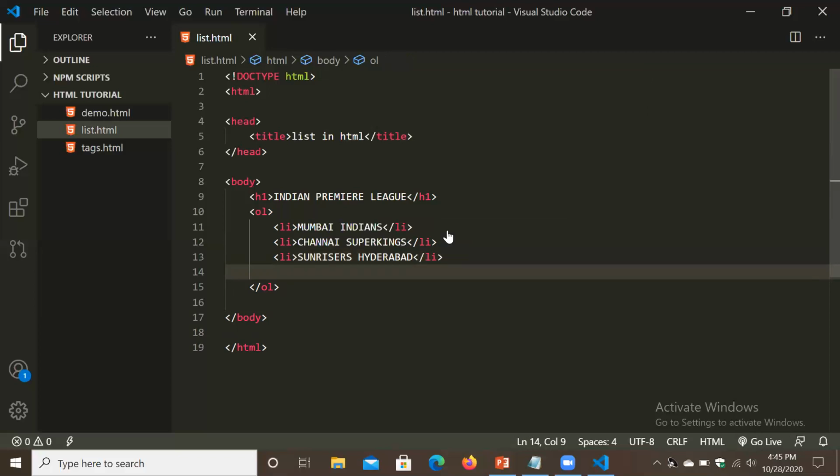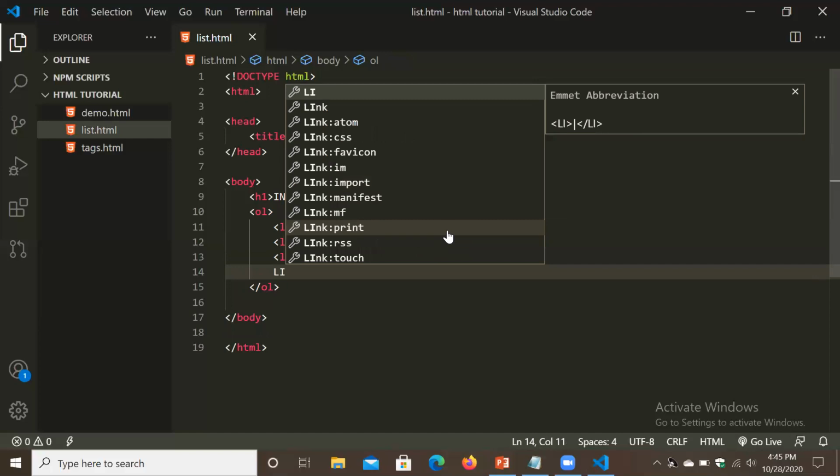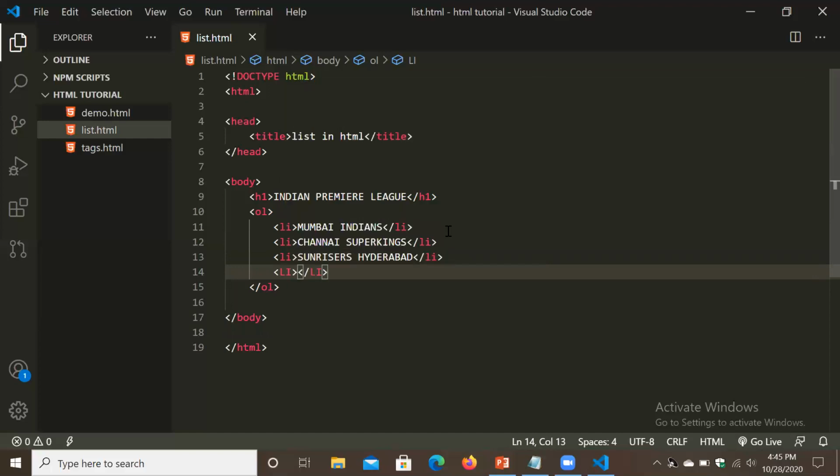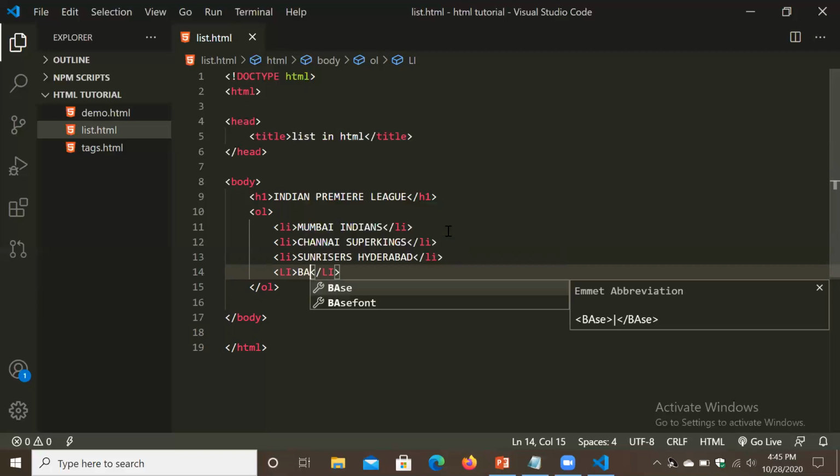Next, what do you have to do? li. Look, here I am taking capital tag. Then also we will get output. So that is the specialty of HTML. If you take capital also, small also, it will give output. So next team is which team?